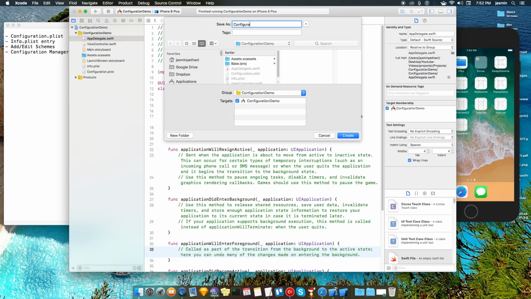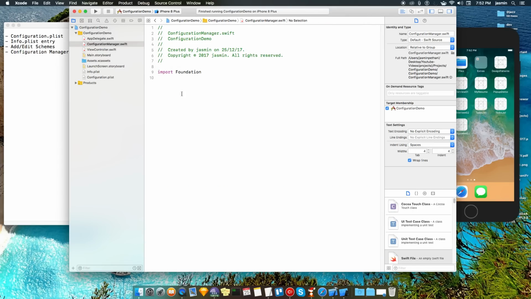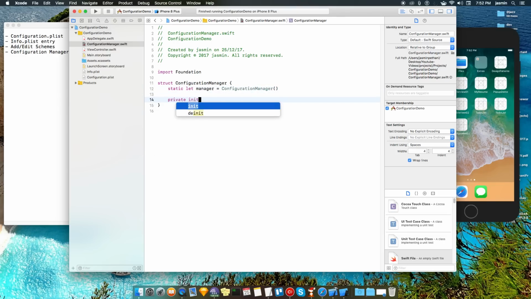I added one file and named it configuration manager. I am creating a structure, ConfigurationManager, and adding a static singleton pattern over here with a private init.